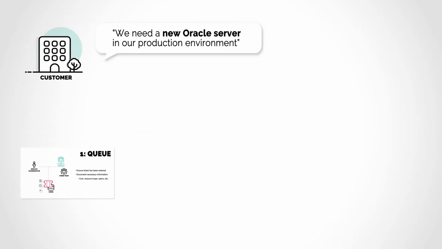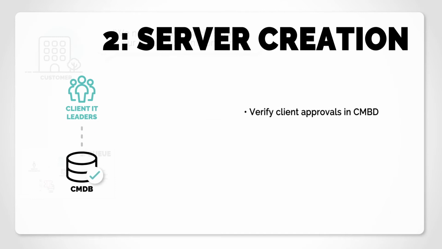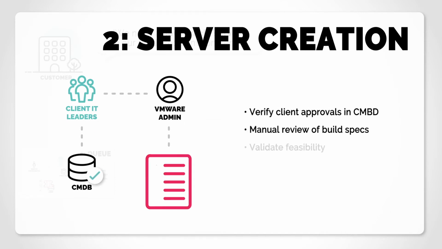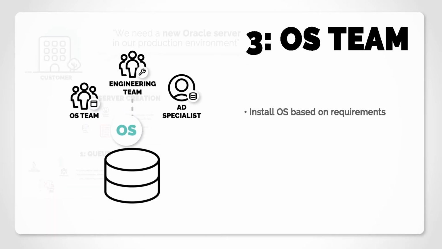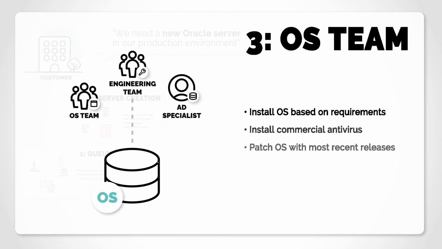specifications have been documented. Once the client has approved via an external configurations management database, the VMware admin and the client would have to manually review the build requirements and specs, validating feasibility and any other organizational policies. The OS team and an AD specialist, as well as other engineering team members, then would work together to ensure that the OS is installed based on requirements and client policies, making sure to install the latest patches and start